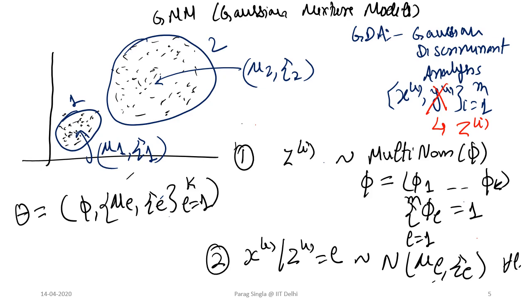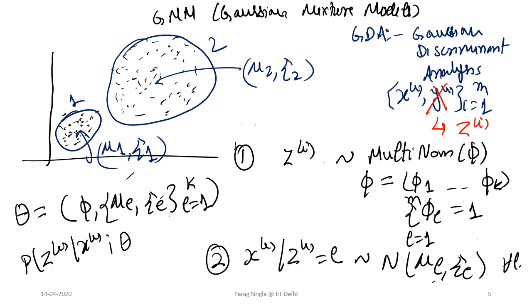So if somehow we knew zi's, we would know how to compute these parameters, and these parameters will tell us how the points are distributed within each cluster. But this is based on this assumption that we know zi's, but we don't know zi's. Therefore what we'll have to do is figure out zi's somehow, and that we will do using inference or prediction, which will be compute probability of zi for each point,